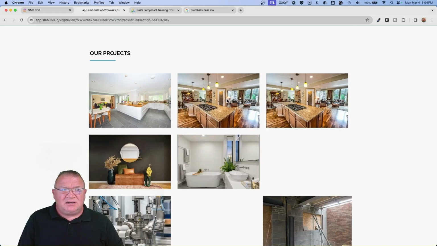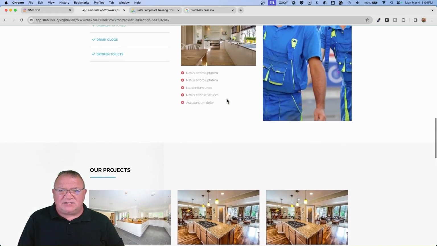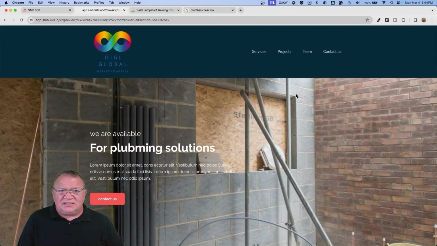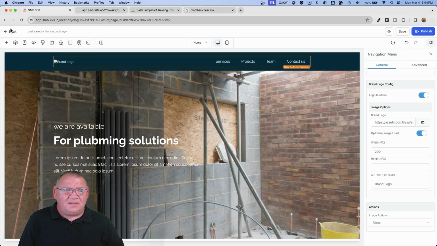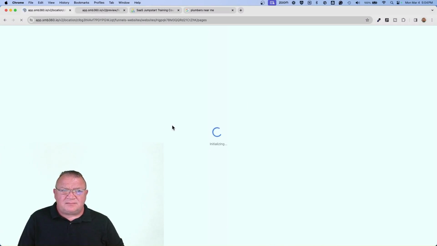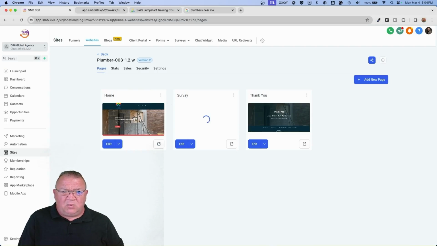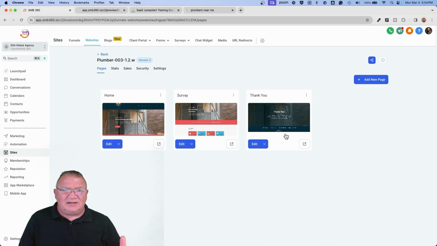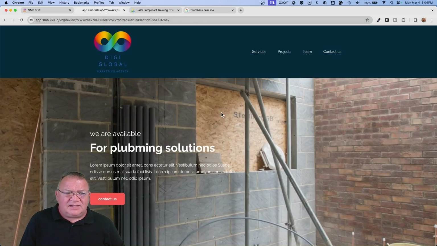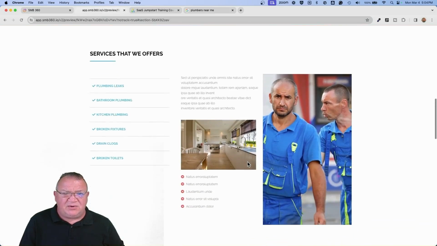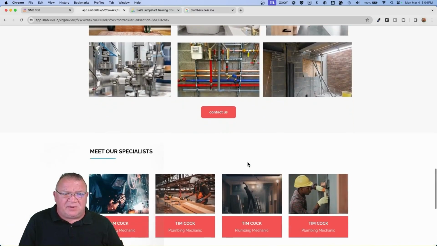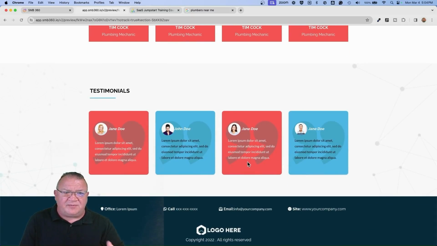So now you've got the services, project, team. If you go to projects, here it is, all these nice little projects that you can upload. And notice, look at all of this stuff right here. This is not a multi-page template. It doesn't have a whole lot of pages to it. One page here, so a couple of pages, and that's it. So this is not a whole lot to do. If the customer says yes, you need to finish this, then this is not a whole lot that you need to sit back and do, but it looks very professional, and you can build off of it, and you can upload all of their information into here.